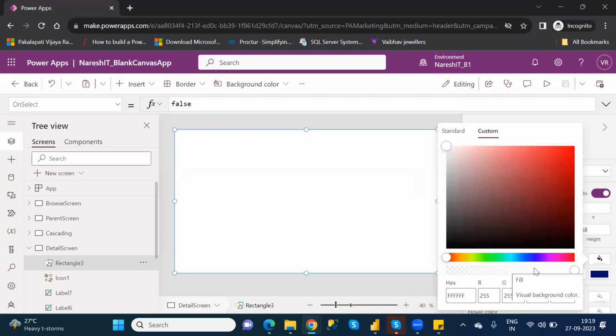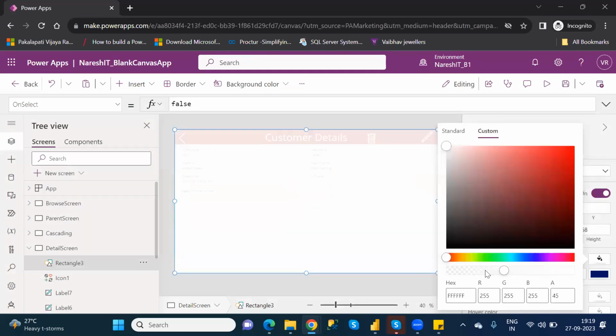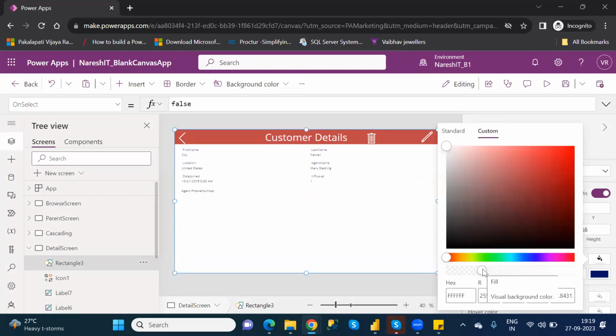In the custom color, see here, this is a fill scroll bar. That means it controls how the background needs to be shown. Suppose I put it like that, see here. So I can see the complete background, but I cannot click on any of the elements in that screen itself. This is my requirement, right? So that's the reason the shape must completely cover the screen.